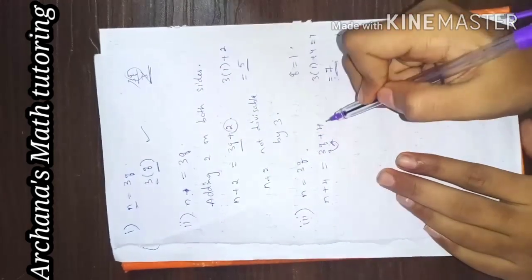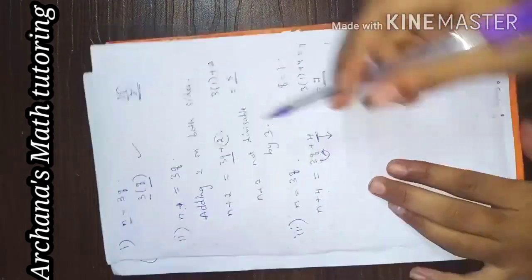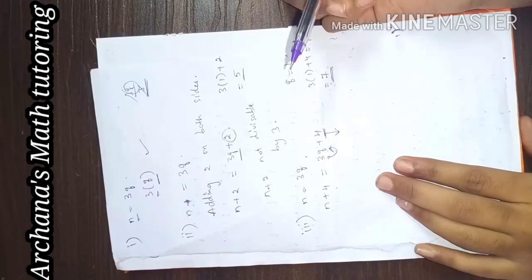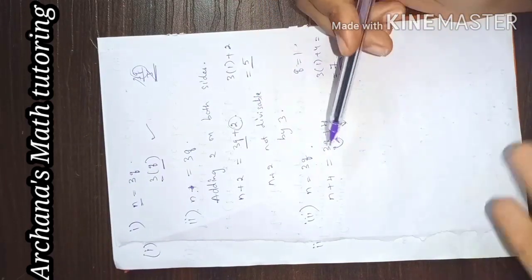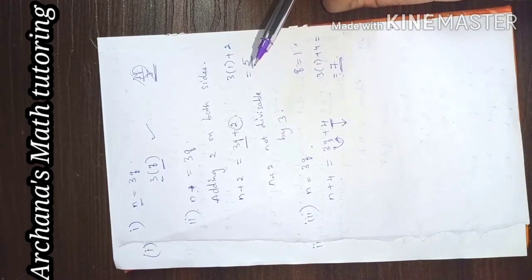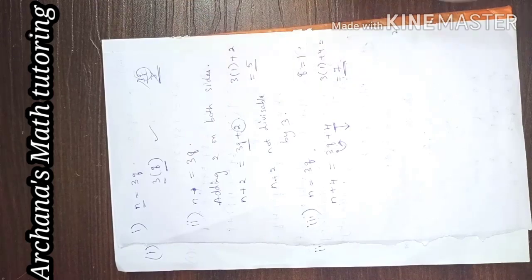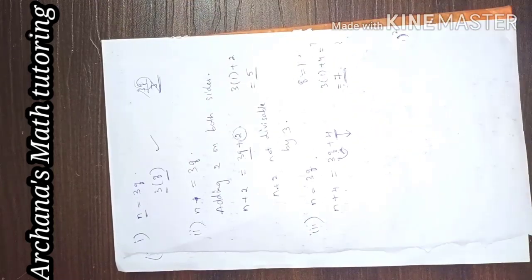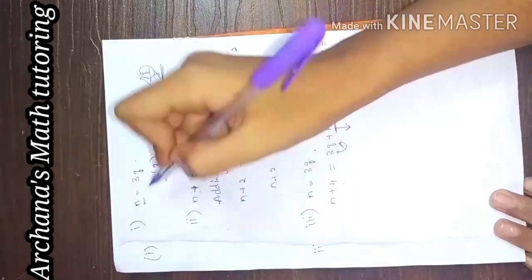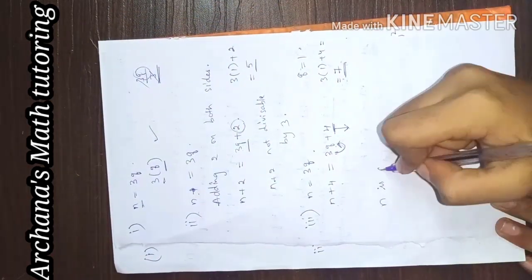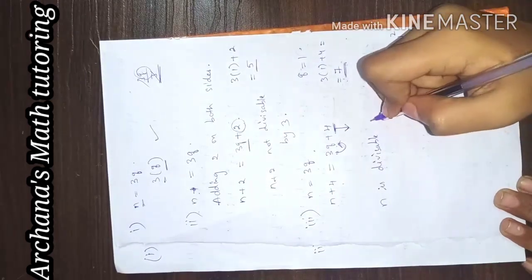If this would be added by 3, then the number would be divisible by 3, but with 4 and 2 the number is not divisible by 3, because if a number is in the 3 table, you should add 3 to get the next number in the table. But if you add 2 or 4 to the number, it would give either one number less or one number more. Hence we can say that only the value of n is divisible by 3. This is the ending conclusion of this.